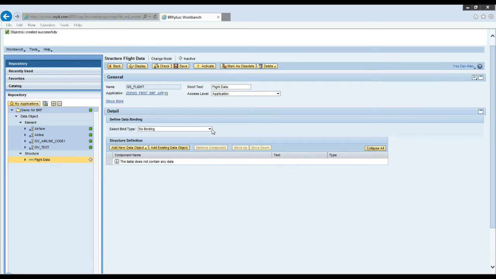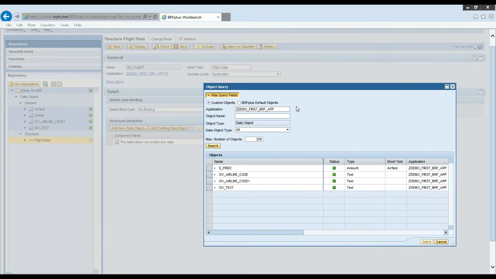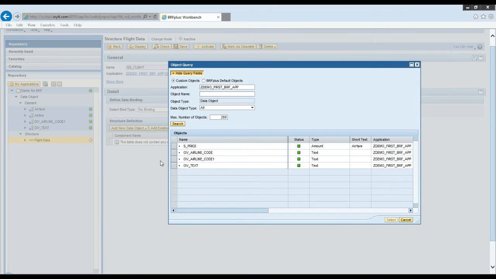Now in this structure we can directly use data dictionary binding from a database structure, or we can also add the data object types. So if I want to create a customized structure, I say add new data objects. So I can create new data objects here and add them. We can also do nesting of structures. Deep structures we can create here, or we can add from existing data objects. So you can see these are all the 4 data objects I've just created. I can add them and make a structure out of this.